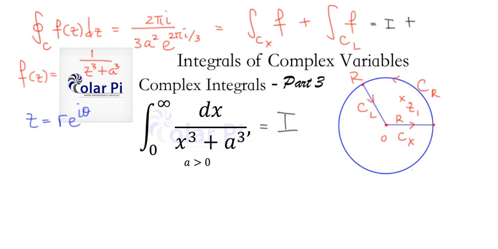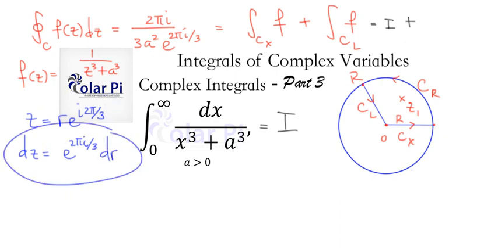That's 2 pi over 3. So theta is 2 pi over 3. And then that would mean that dz is equal to e to the 2 pi i over 3 dr, right? From there, dz equals this. Okay, cool. And furthermore, z cubed for this part is going to equal